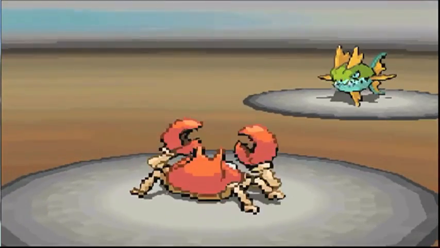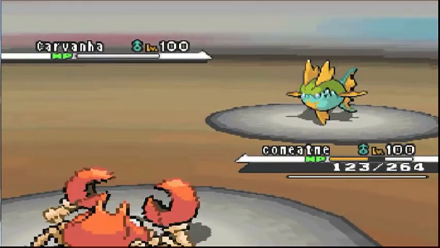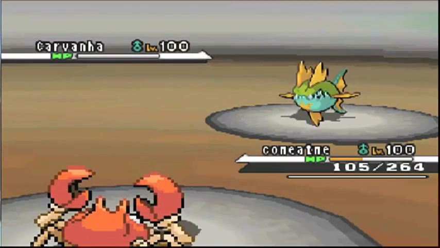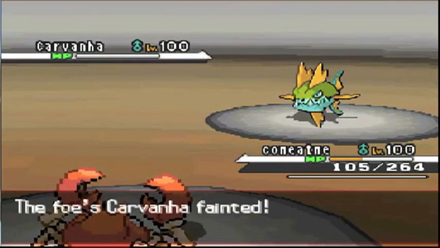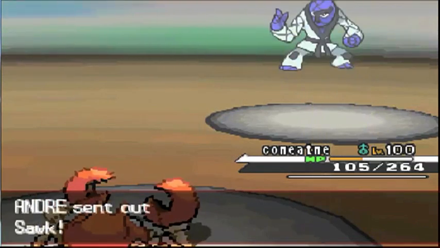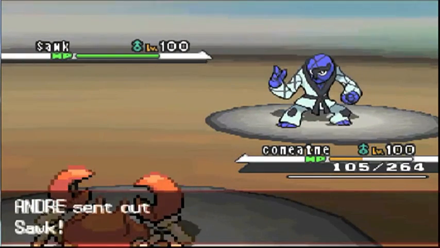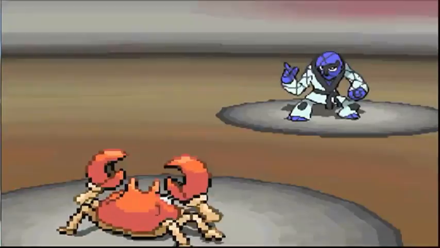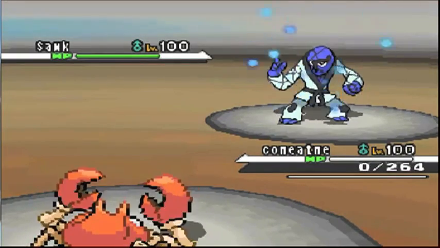And I really did not want to miss with Crabhammer, so he's going to go for the Crunch again. Not going to do that much to me, and I'm going to easily finish the Carvanha off. I keep wanting to say Carnivine, but now he's going to go into his Sock, which I'm kind of afraid of because Sock does have Sturdy, and